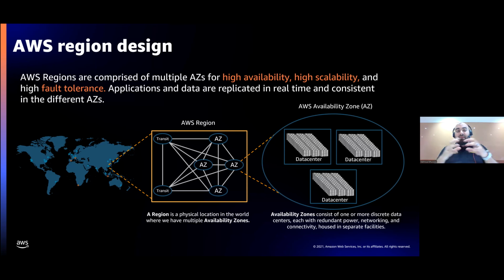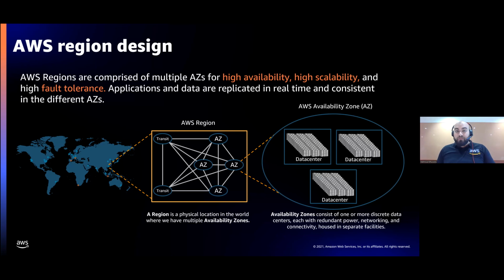Now, we said the availability zones are physically apart from each other, up to 100 kilometers. However, they are also connected with each other. Like you see here in my slide, they are physically connected with high-speed redundant links that deliver usually 1 or 2 millisecond latency between the availability zones, which allows us to do what we call synchronous mirroring. Meaning, let's say I use a database option and I run my database in one availability zone, and I want a highly available version of the database in another availability zone. I'm able to replicate the data between the availability zones synchronously. So if one AZ goes down, I have all of my data on the other availability zone,